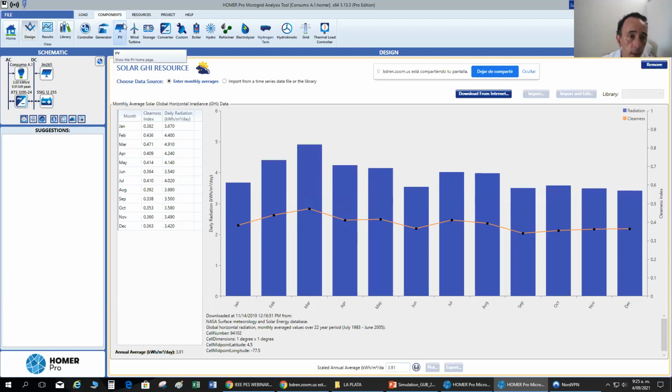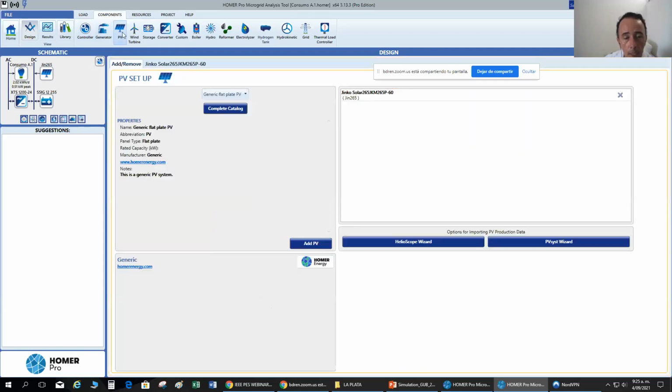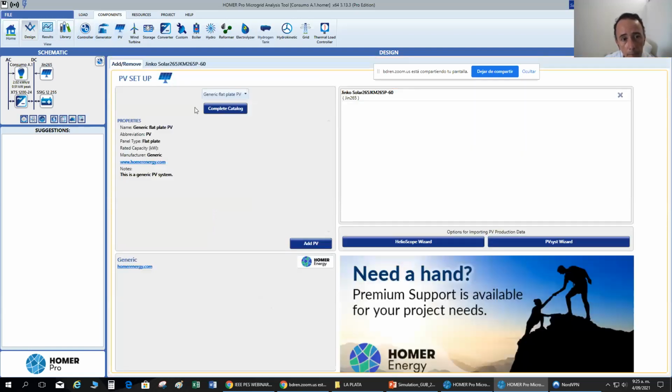At the top, you see the different components, PV, and in the PV part, we click on it and it says generic flat plate concentrating technology that is for big plants such as 1 megawatt, but let's have in mind that it is a thermal power system,